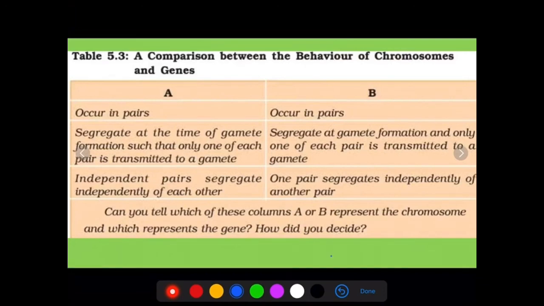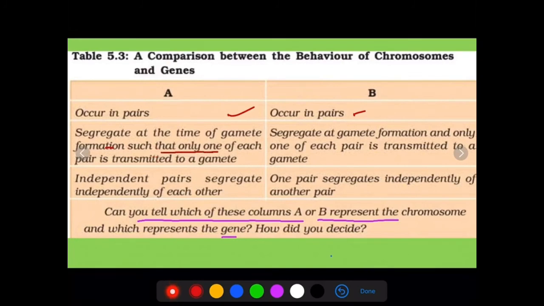This is a comparison between the behavior of chromosomes and genes. This is from NCERT, and they have asked a very interesting question: tell which column, A or B, represents chromosomes and which represents genes. Let us find out. In this case, occurs in pairs, okay, they are similar. Then segregate at the time of gamete formation such that